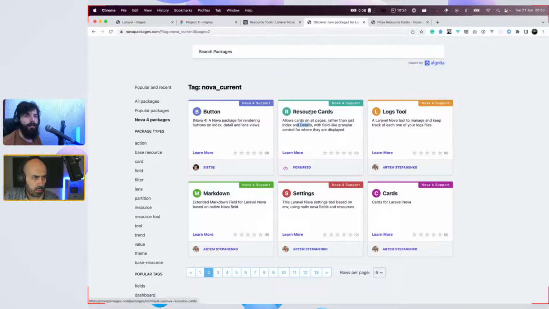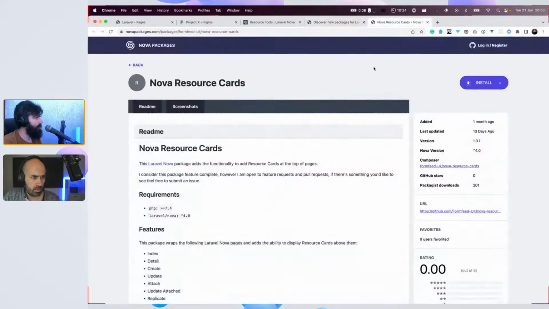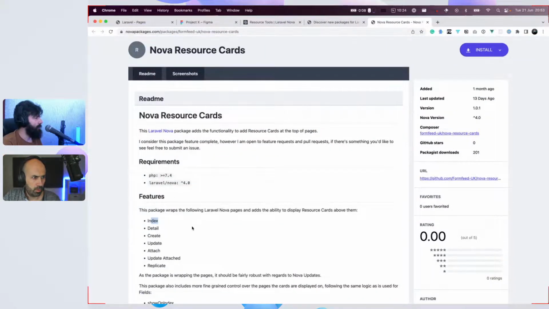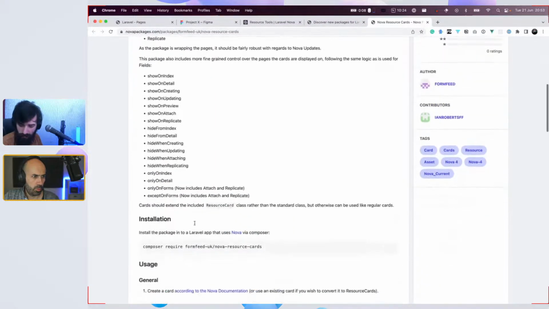So this is one, and we can make a card with its JavaScript, right? Those cards are on all pages rather than index and details, but we want it on the index. So I think we'll be good.